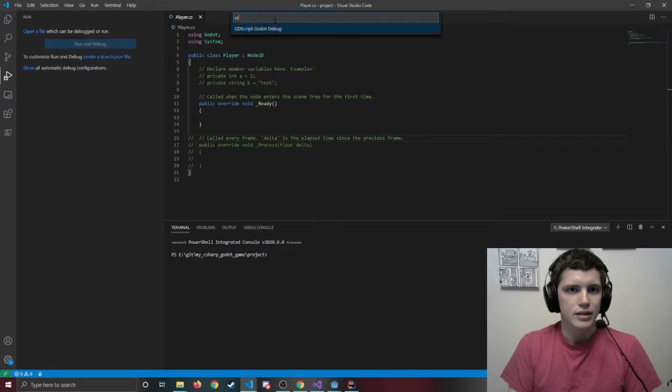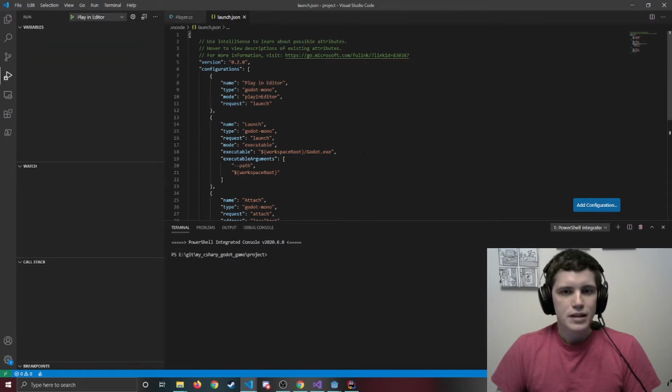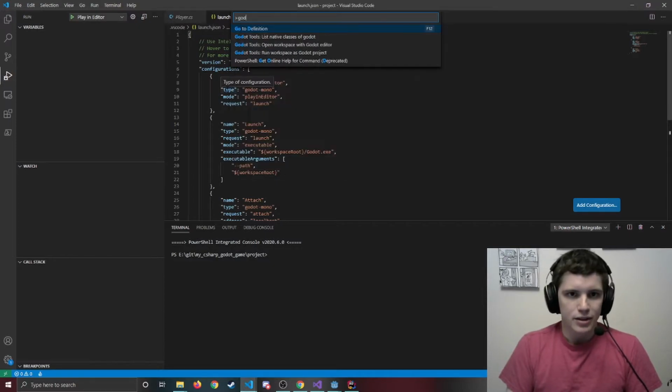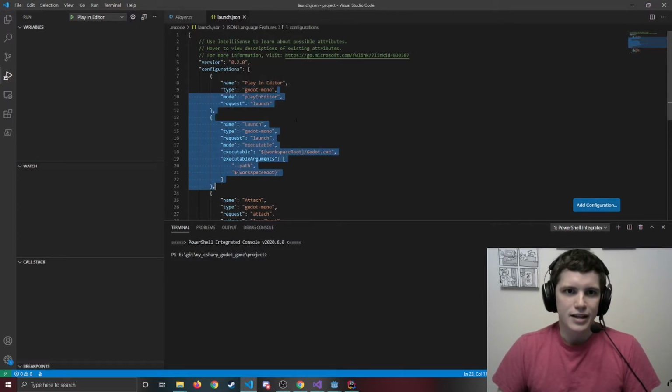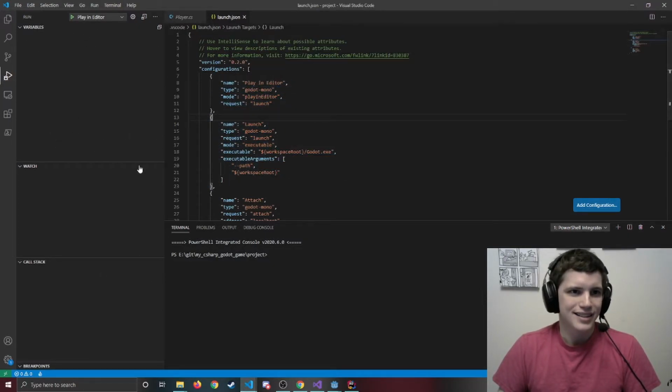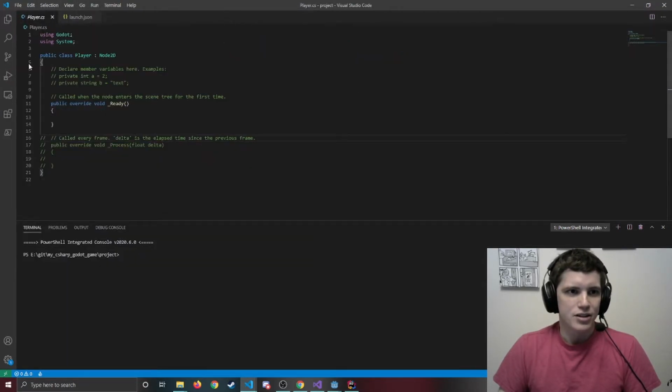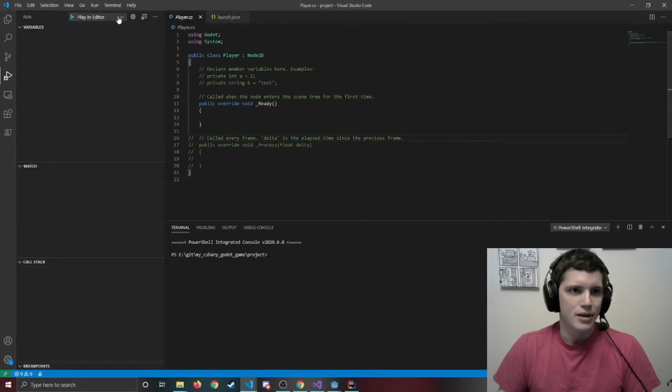Please create. All right. Sometimes you might have to open up the command palette, which is Control-Shift-P, and tell it to run Godot. And here it has our launch.json. It can take a second for it to come up. But now that we have launch.json, if we go back to the Run tab, we'll see we have a number